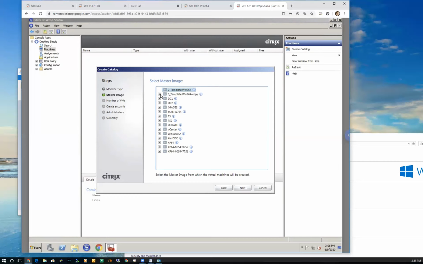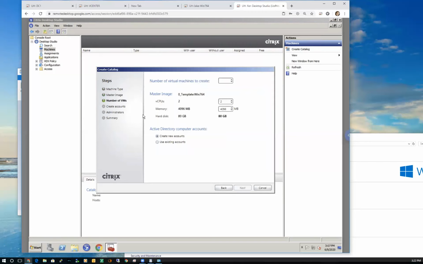With the little plus sign, if there were snapshots, I could choose to actually image it from a snapshot as well. So I'll use the template Win764. Again, I'll try to make a catalog later on out of Windows 10 machines if it works, but if not, we have these Windows 7 machines to fall back on.